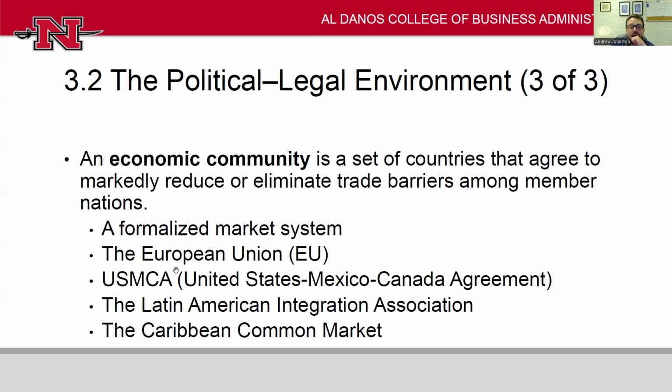We looked at these different markets that are sometimes called economic communities or trade communities, a few different ones here: the Caribbean Common Market, Latin American market, different treaty regions or economic communities that have agreements with each other that are part of this political legal environment. If we're operating in the same political legal environment, that might be a bit easier than if we're trying to bridge into another one that we don't have an agreement with. If we're the US and we want to trade with the Czech Republic, well, now we're bridging two separate economic communities, and that's part of our political legal environment.